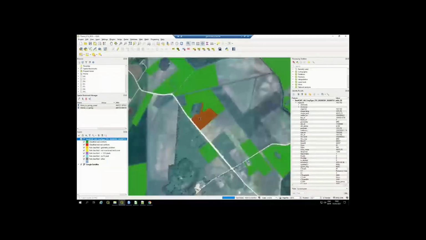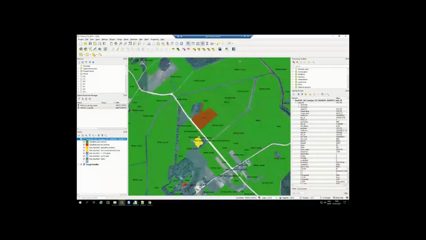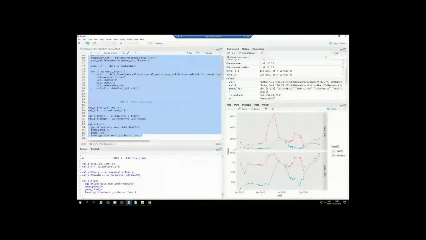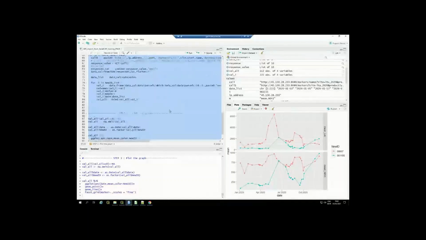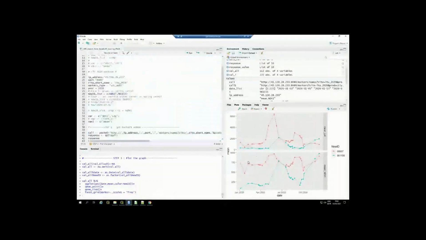And in fact, the examples that I showed you here are this parcel and this parcel. So a grassland parcel and a spring cereal. And so you just need to check the new ID, which is here. And if you enter it in the code, it was already done. You can see that this temporal profile is the temporal profile of the grassland,